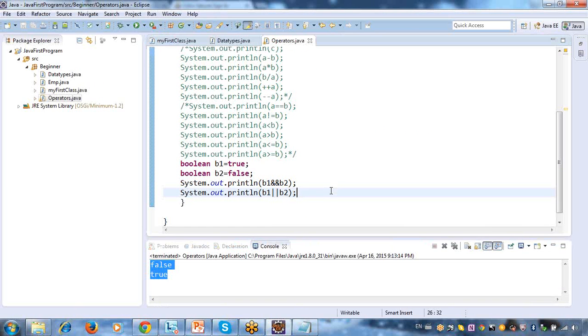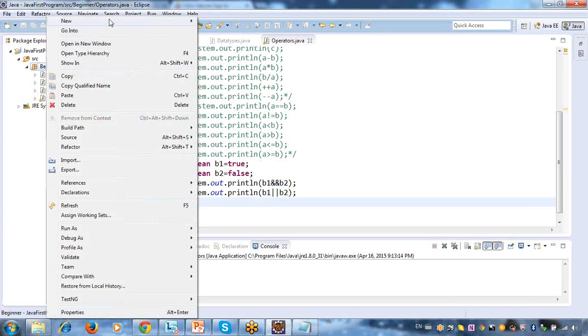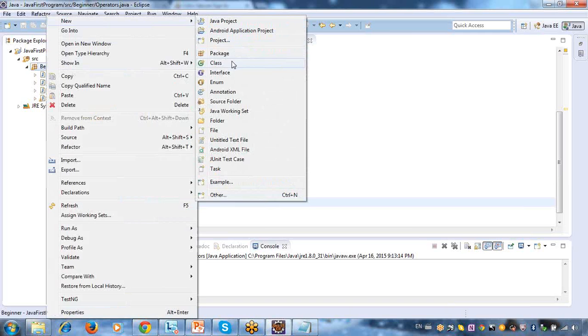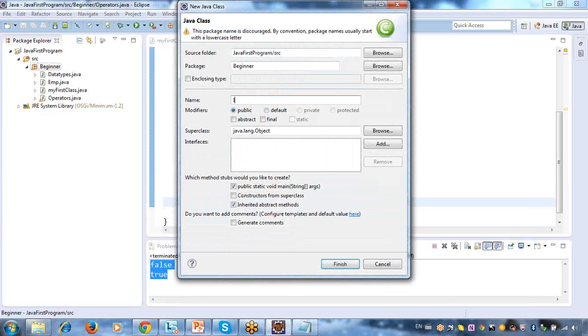Okay, fine. So I understand that I am having different operators. Now I'm slowly moving into conditions. Now what I want to do is understand conditional statements. What are all the conditional statements you have?